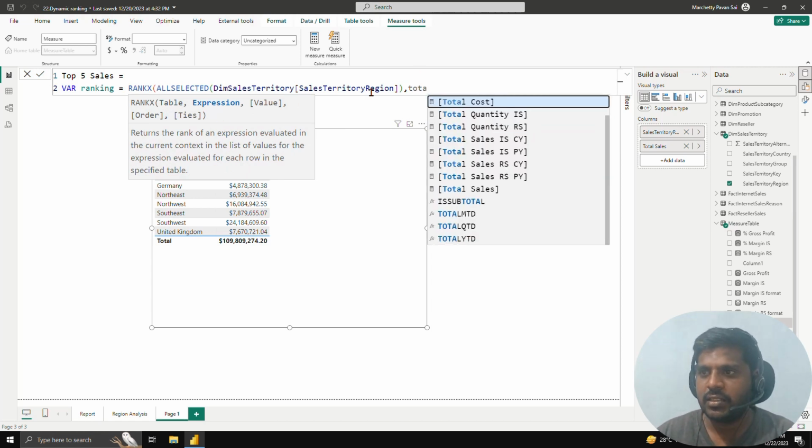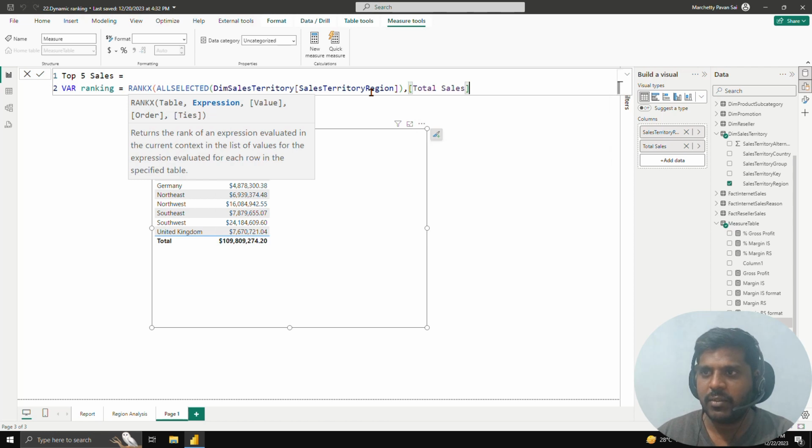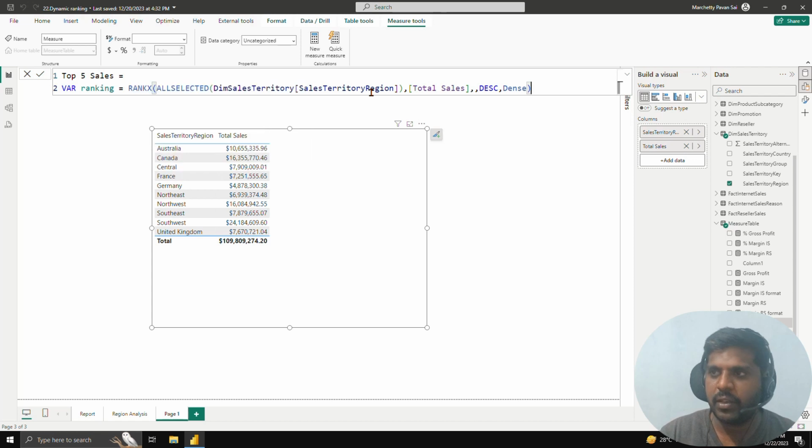I'll put a comma. Here you could see the expression. The expression is total sales, which is our measure. I'll put a comma. I'll skip this value. Order could be descending, and the ties it would be dense since I do not want to skip. So this is our first variable. I'll write the return clause where I'll return